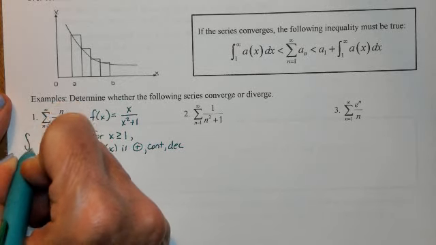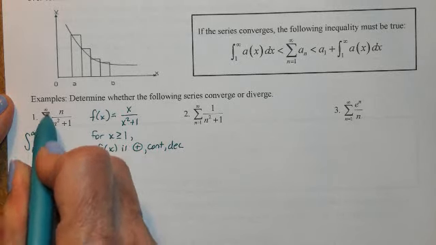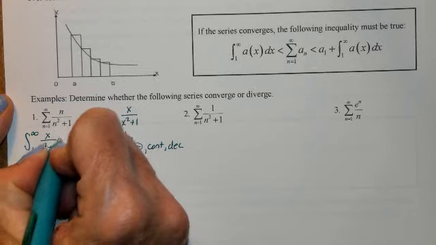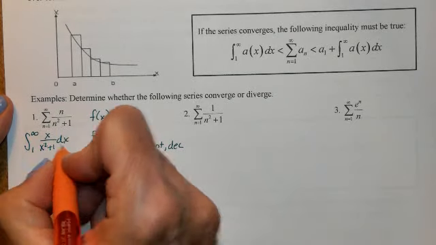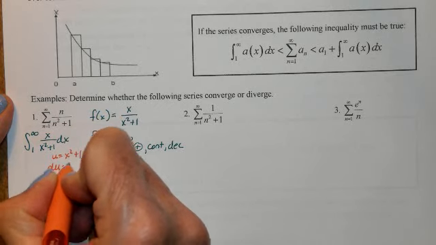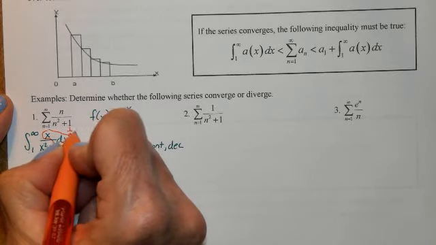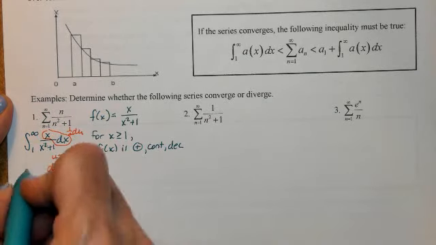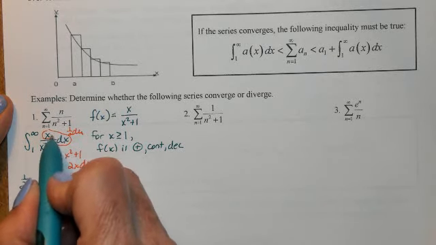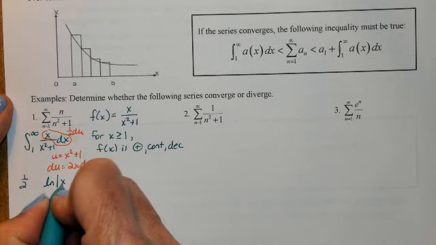So I'm going to come off to the side and do the integral test. So I have the integral from 1 to infinity, use the same boundaries that are on your sum, of x over x squared plus 1 dx. We're going to come off to the side and do a little u sub. So u is equal to x squared plus 1, du is 2x dx. So in place of the x dx, I'm putting 1/2 du. The 1/2 can come out to the very front, and then I have just 1 over u du. So it'll be natural log absolute value of u